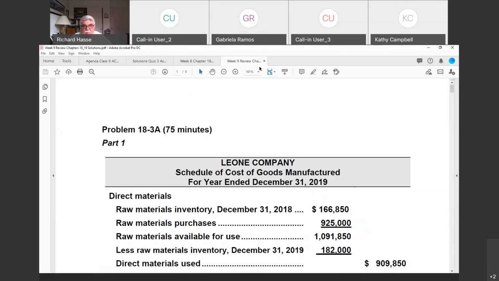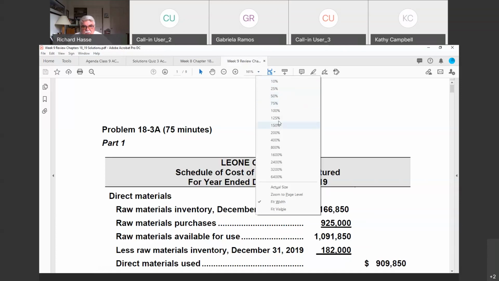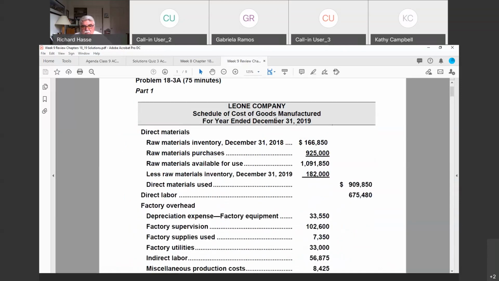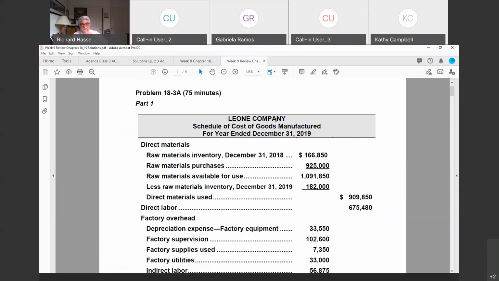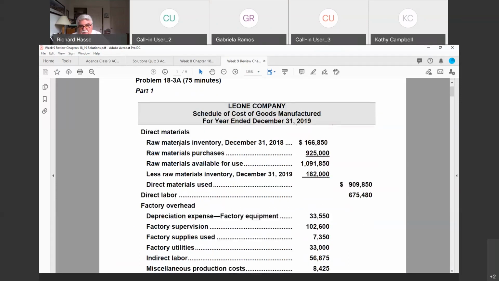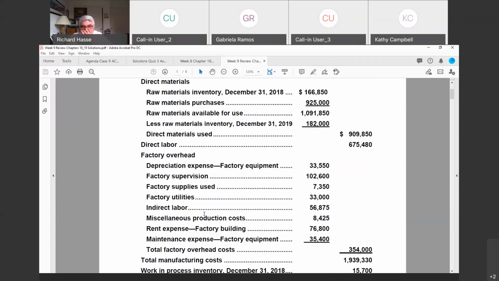So as I had this problem up earlier to lead me into our lecture and discussion, this is an example of those costs in a setting, in a statement that tells us something. What does it cost us to manufacture our product? All right. Now, I'm not going to ask you to do a cost of goods manufacturing statement, so don't anybody jump out the windows over this. But this tells me and this shows me what those three costs are. Remember I said the cost of producing something are materials, labor, and overhead. This is a perfect example of showing how that works.